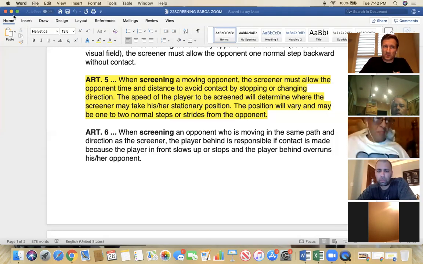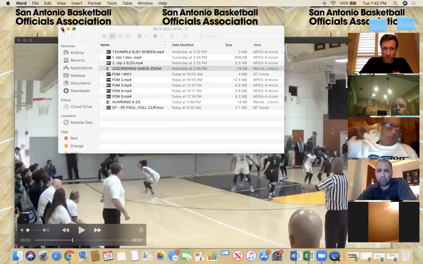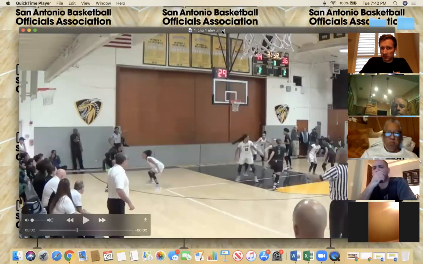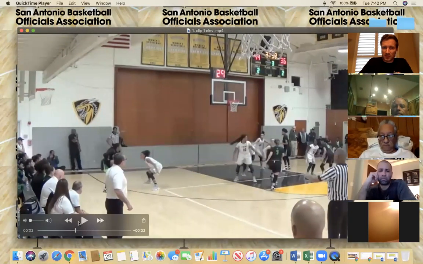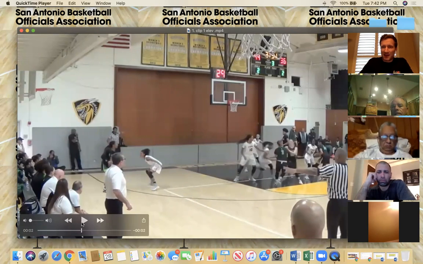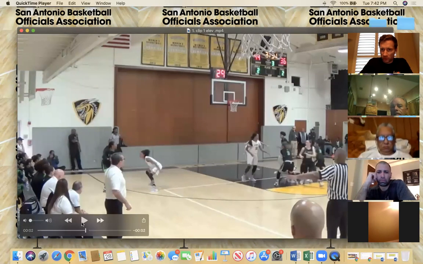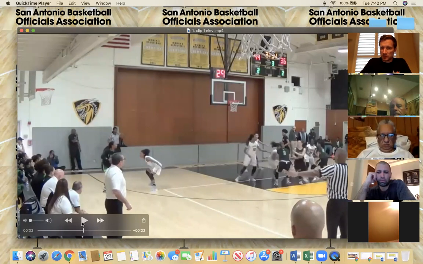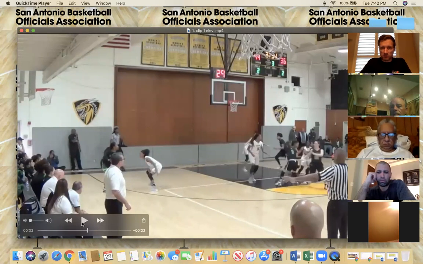So if we take that definition into this play, then I agree with Brad and Mike. I think we can all agree if we take the rule. Again, I've said this every Zoom meeting: if we understand rules, it can really help us with our judgment. So this is a moving opponent, we have to give time and distance for her to either stop or change direction. And as we can see, 3 does not do that. They're not set, they're impeding, they're moving, and do not give her time and distance. I'm going to get into coverage here in a little bit because our coverage is bad.